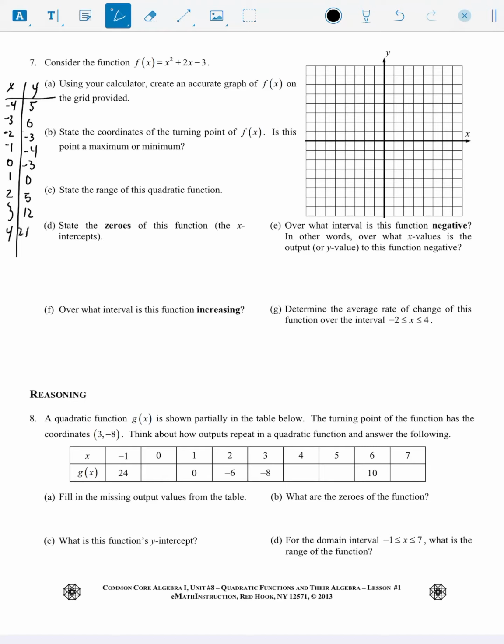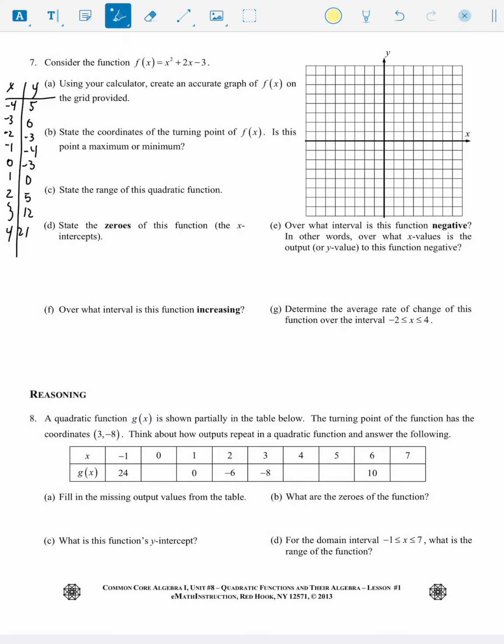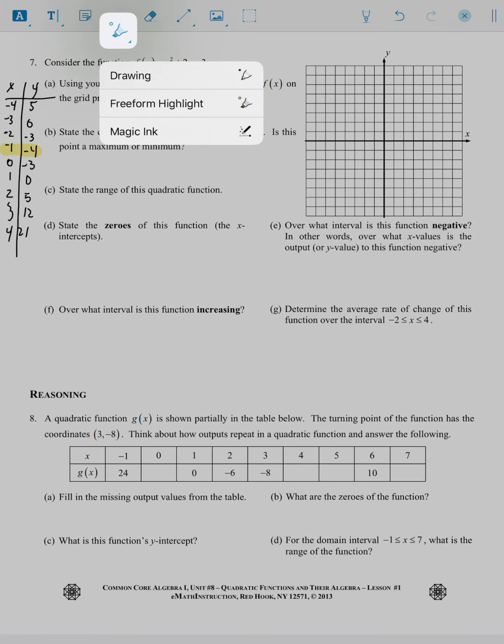Now, if I was to actually graph them on my graph, the one first thing I'd like to look for would be either a minimum or maximum. And I hope it's becoming more obvious to you. Looking at my table of values, it's pretty clear that